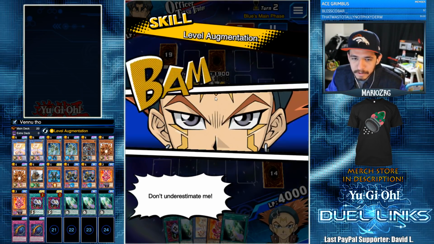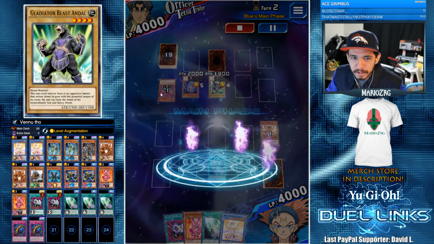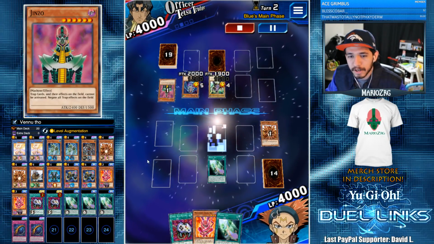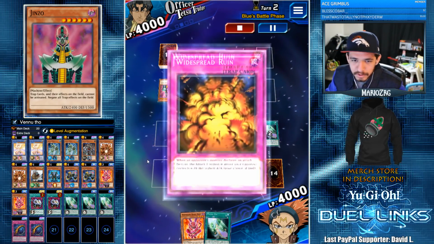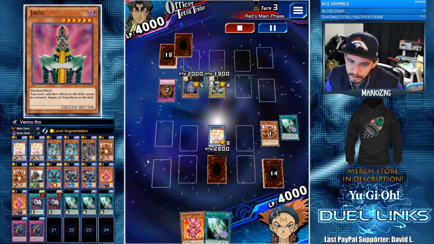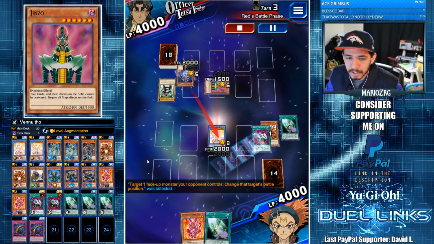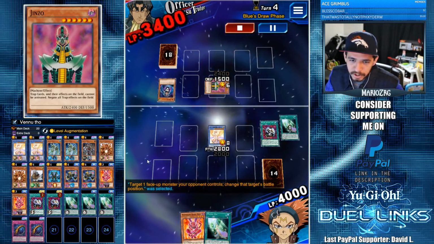I have no idea. But he goes for the tricky turn 1 with a Gladiator Beast, and a Jinso was sent to the grave, which I feel was disrespectful. So we're gonna attack into a Widespread Ruins. Doesn't matter, Primal Cry is gonna give us our Vennu back. He summons a Jinso, tries to go for the Suicide, but I won that Jinso,